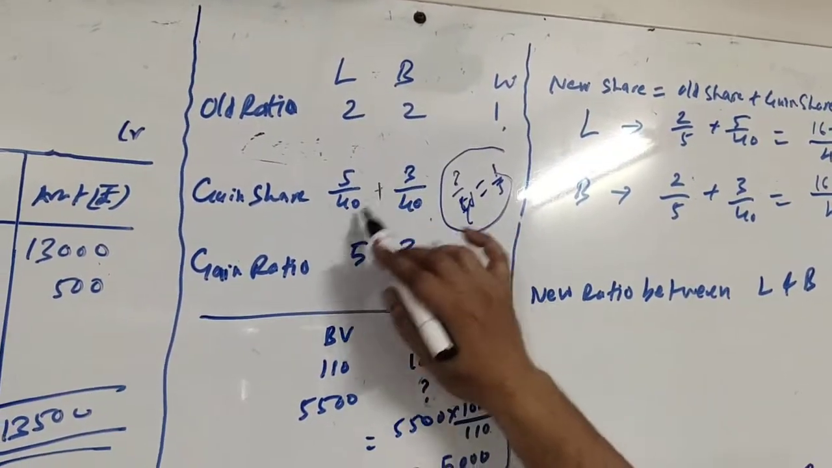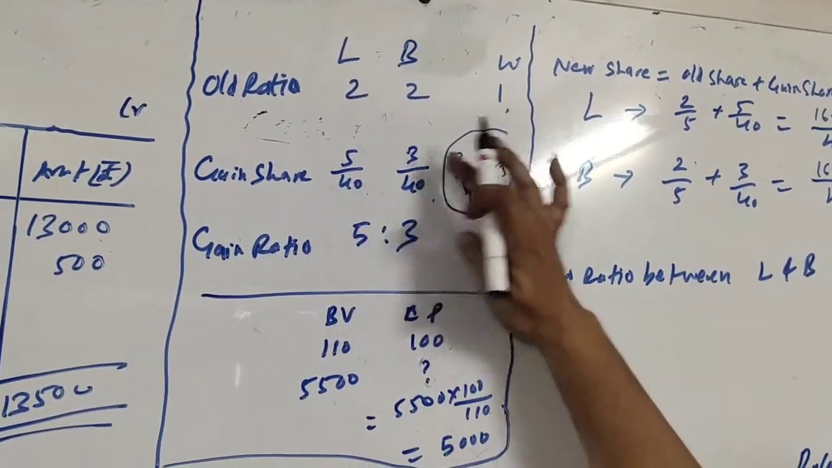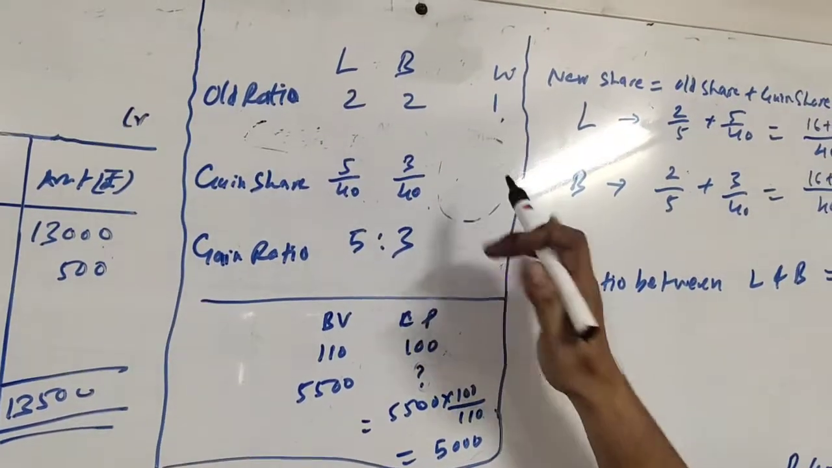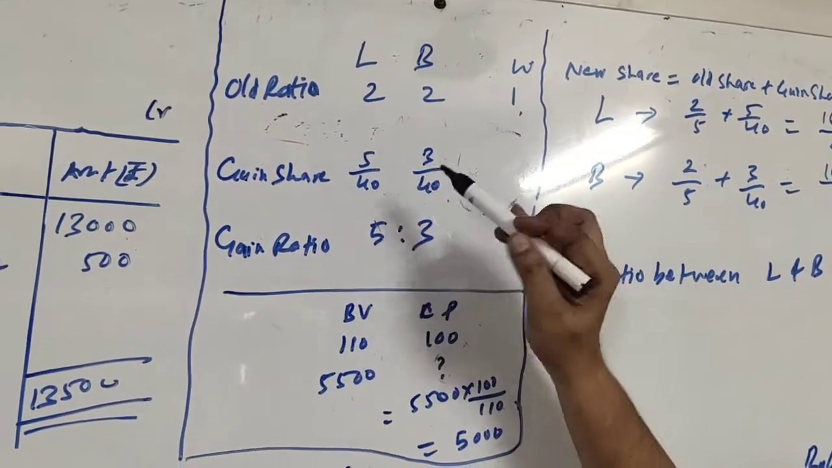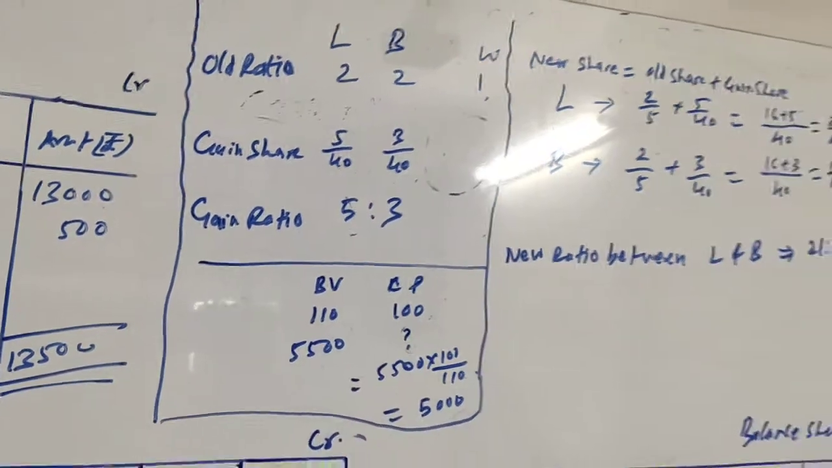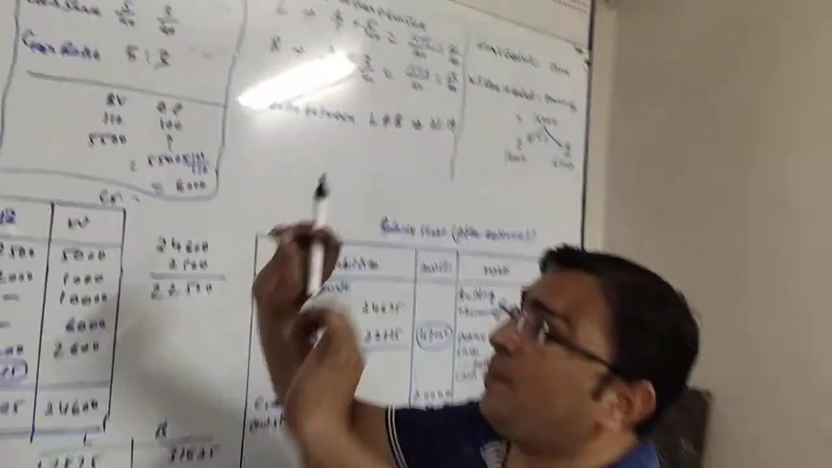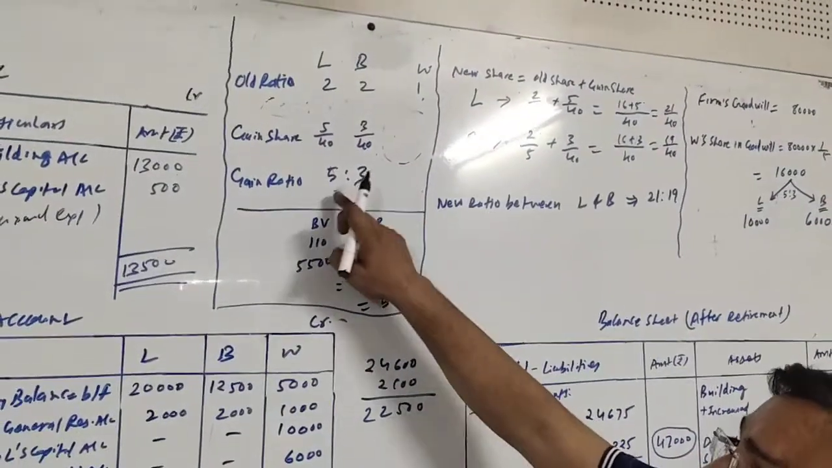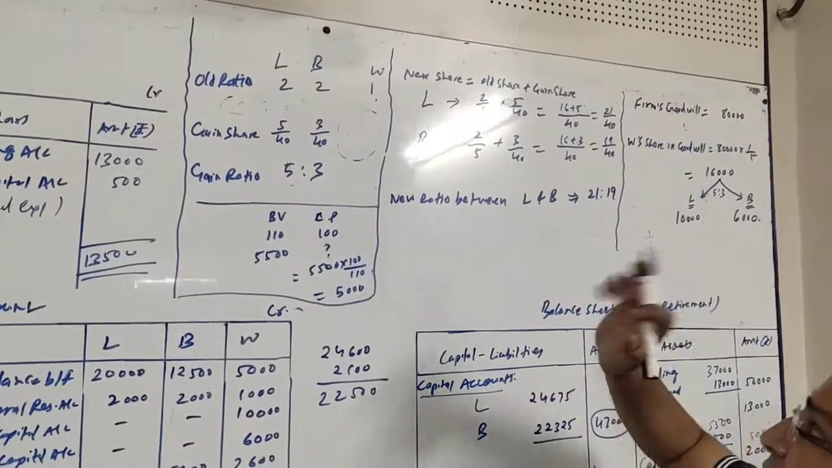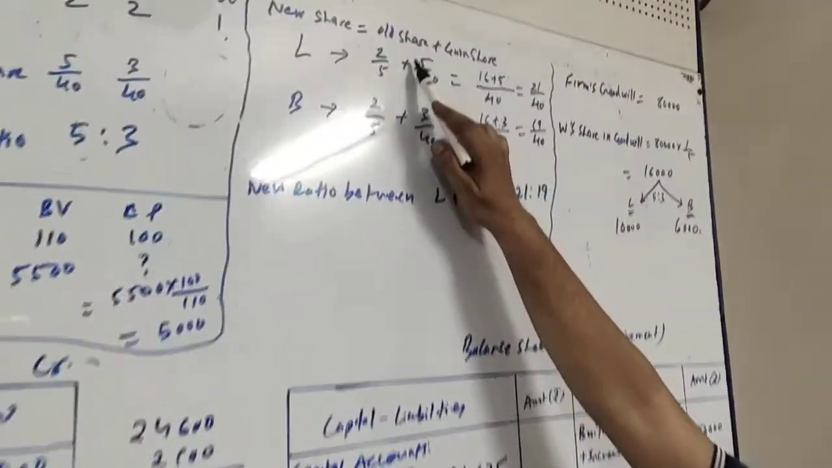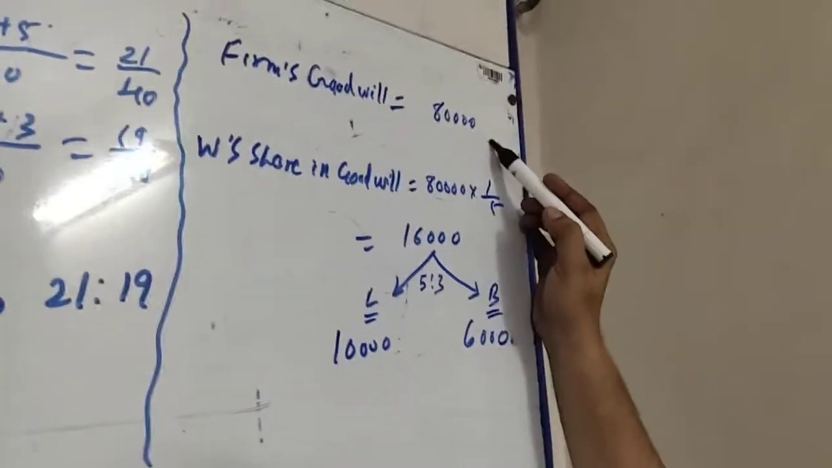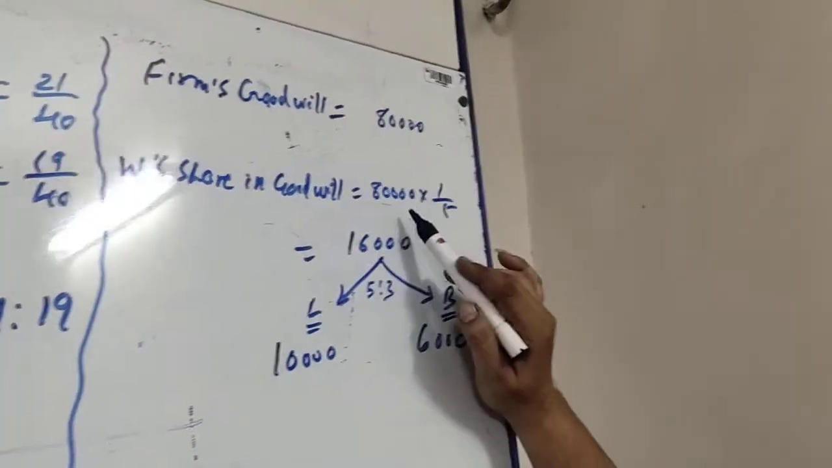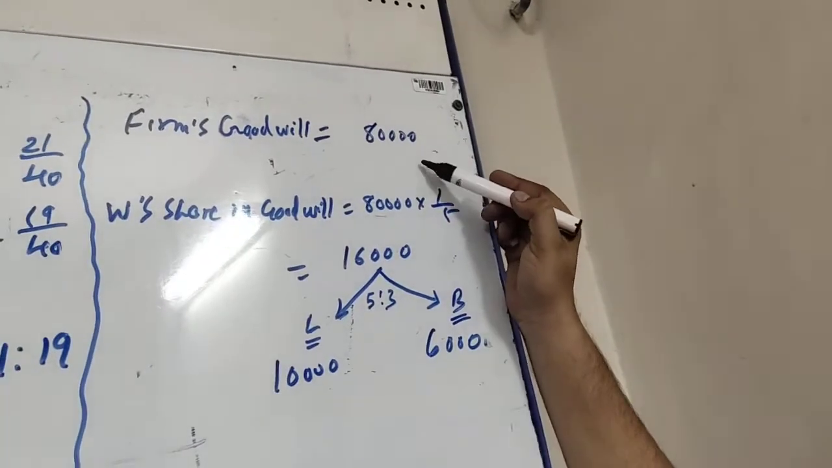So 5 by 40 and 3 by 40 is the gain share of L and B. We will remove the denominator, that means 5:3 will be the gain ratio. So whatever will be the goodwill payable to the retiring partner who is W, the amount will be paid by L and B in the proportion of 5:3. So here the calculation is: firm's goodwill is given as 80,000, W's share in goodwill,